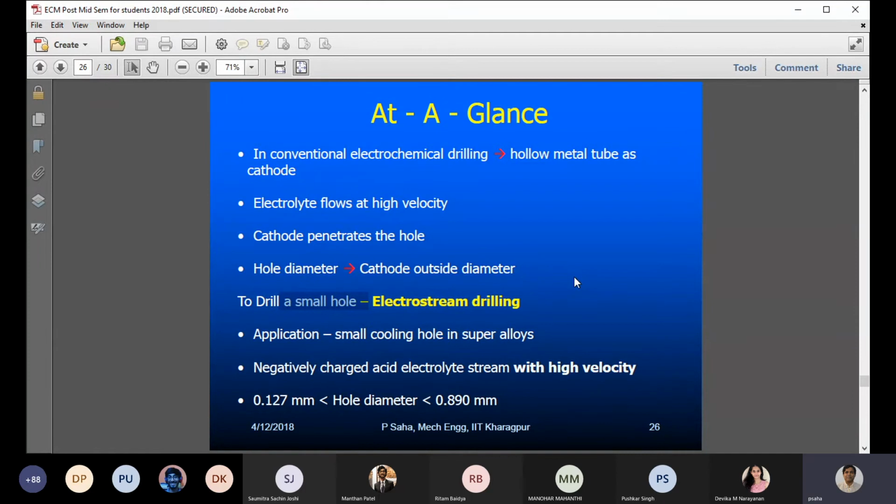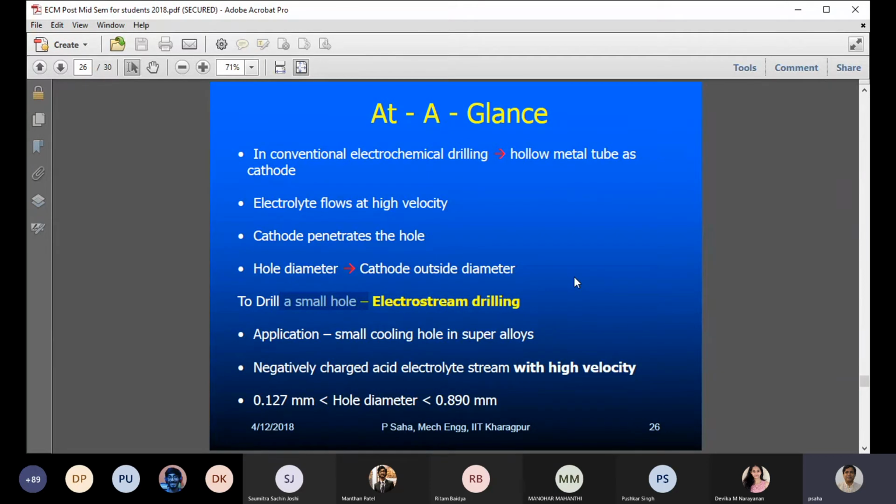We cannot use a tool material which itself gets corroded by acids like H2SO4. That's why we are using a tool made of titanium. Titanium is such a material which cannot get attacked by sulfuric acid. I think only hydrofluoric acid can affect titanium to that extent. So these two things you should remember.